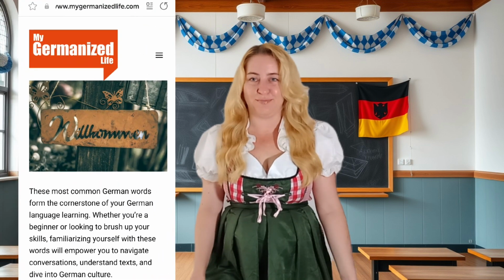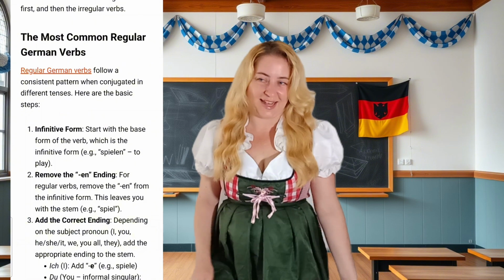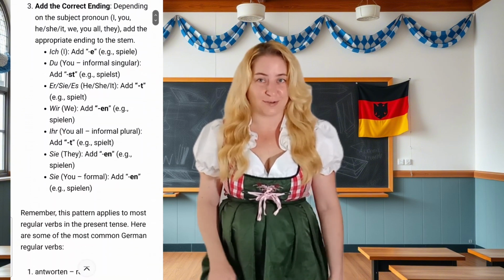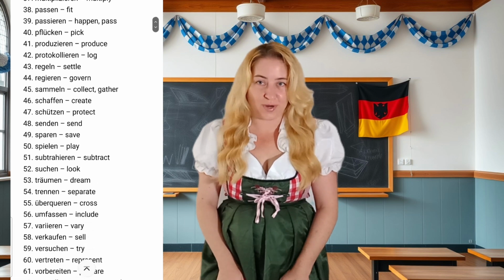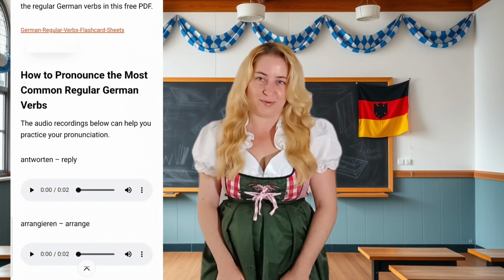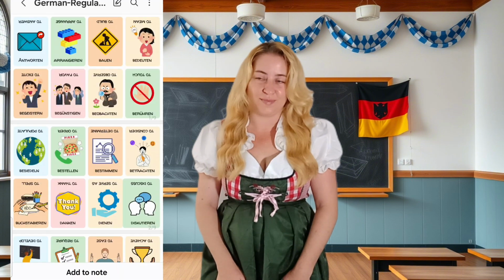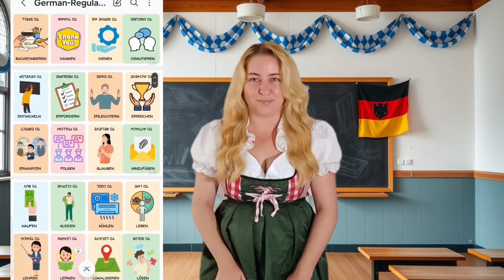the 800 most common German words and how to use them. You'll find a link to the blog post below in the description. There, I have a list of all the words, audio recordings, and flashcards to help you memorize the words we're going to go through. You can print out these flashcards for free and start using them to practice your German